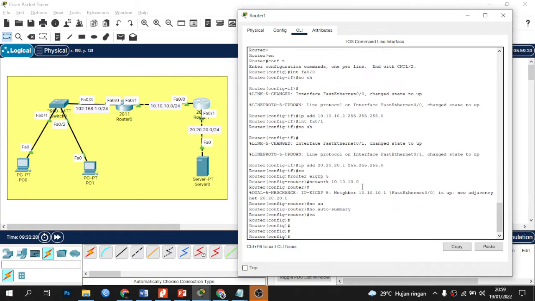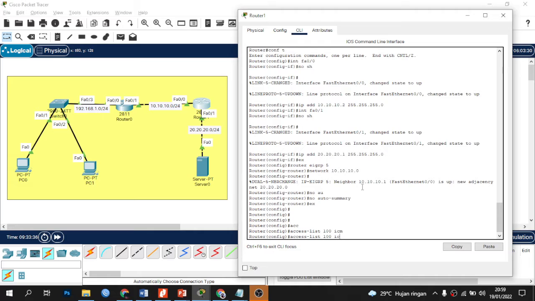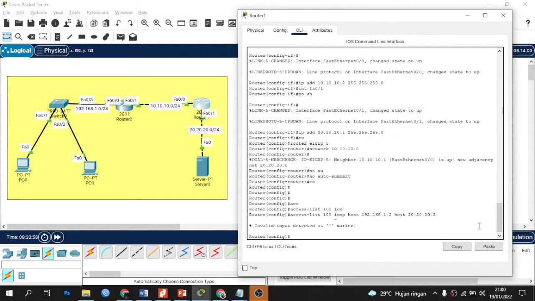Okay, let's try on router 1. Exit, access list 100 deny ICMP host 192.168.1.2 host 20.20.20.2, this is the server IP, enter.